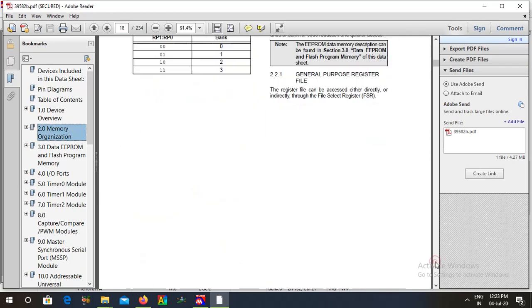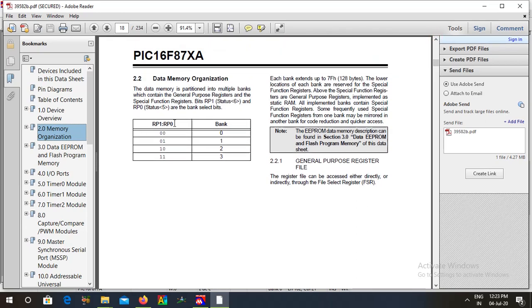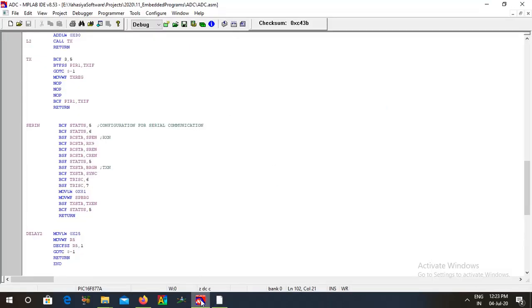When you see the data sheet, RP0 and RP1 are present in the status register. RP0 is the 5th bit, RP1 is the 6th bit. If I set those two bits to 0, I am selecting the bank not. Why am I selecting the bank not?